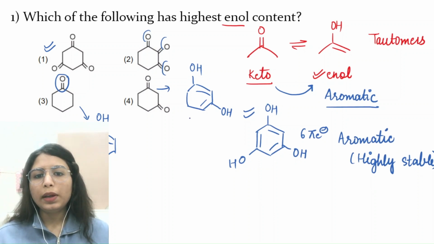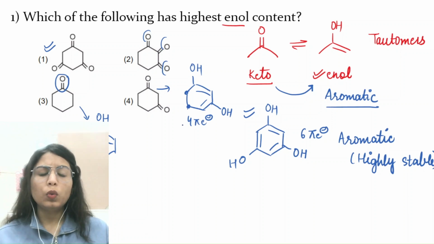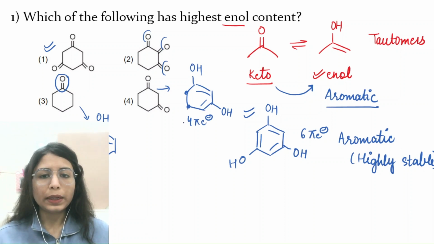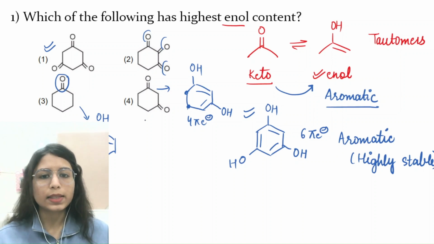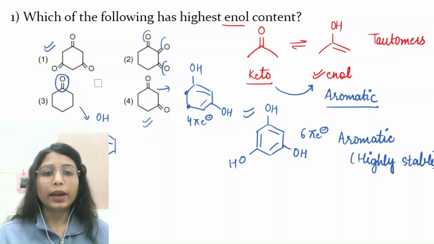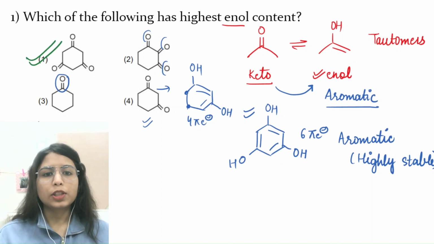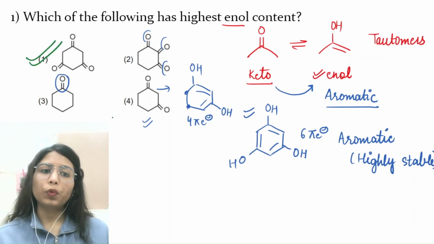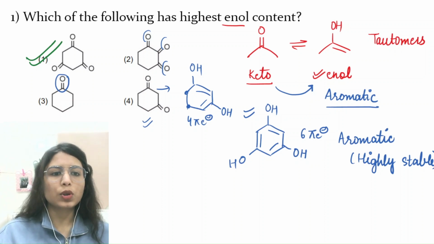So this will be a 4 pi electron system, and also it is not aromatic because these two atoms are sp3 hybridized. Which means that this compound is not completely planar in nature, so it will be a non-aromatic compound, and hence it will be less stable as compared to the compound that is already given to you. So here the correct option would be my first part, okay? I hope you understood this question, what we have done and what approach we have used in order to solve this. Let us now move on to our next question.